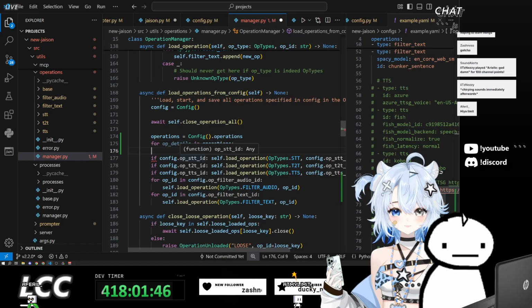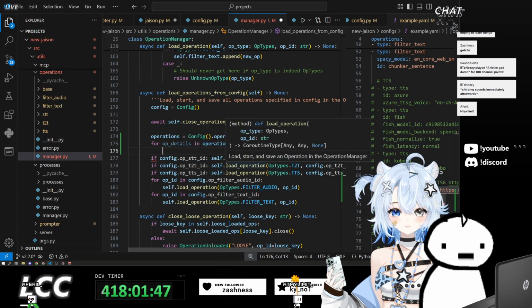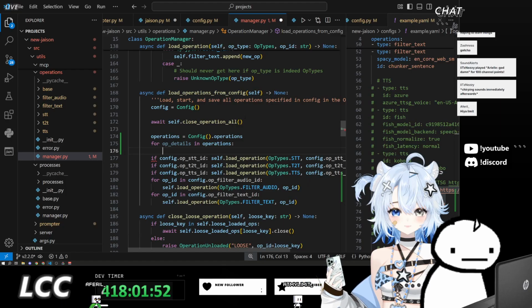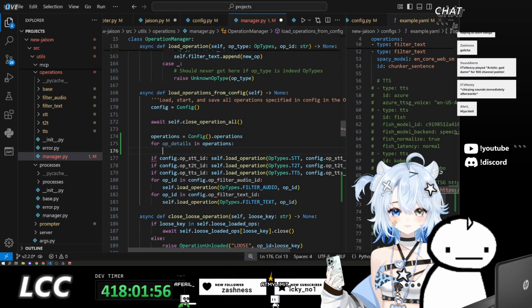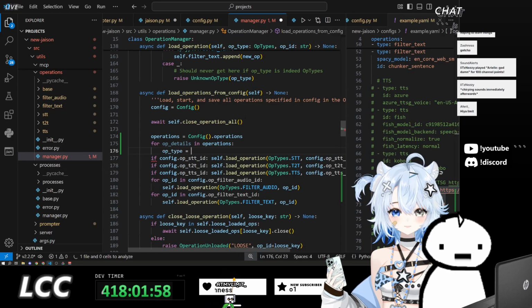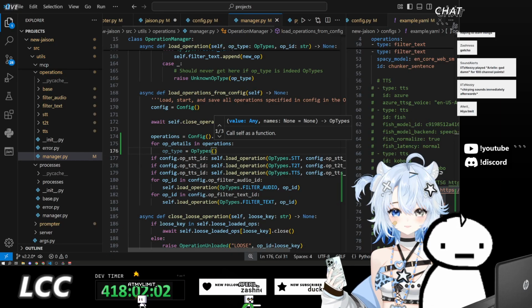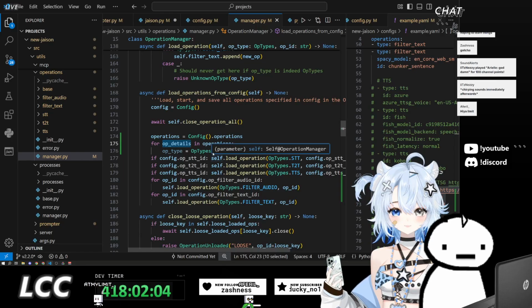So we'll do op type is equal to op types, op details type.